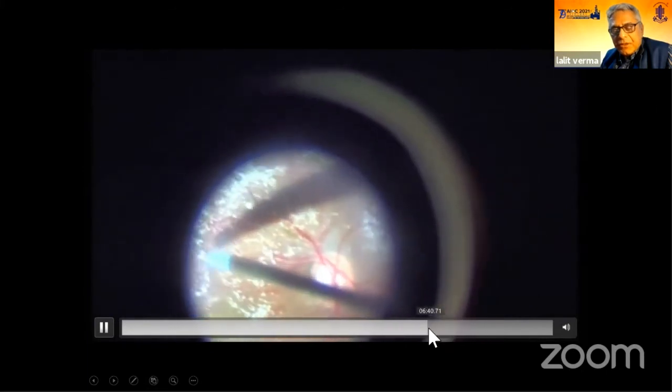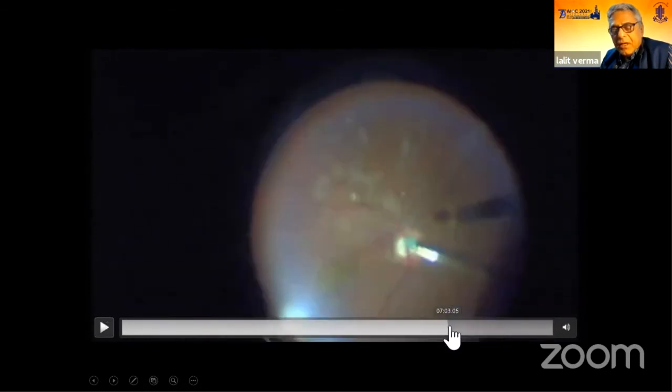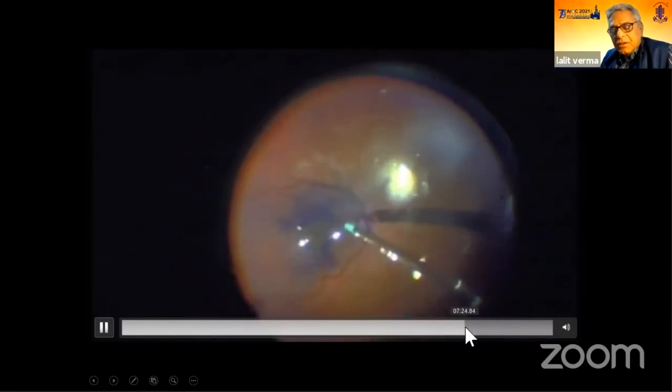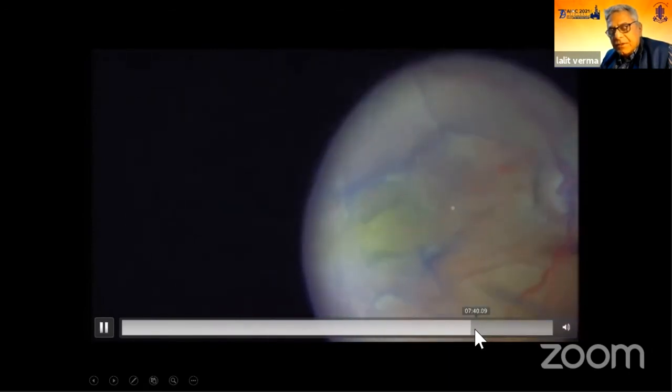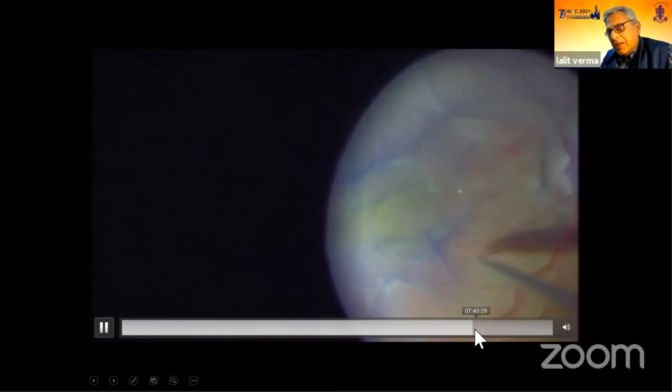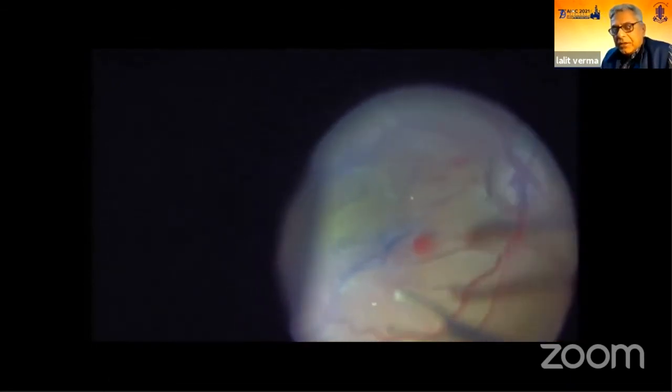This was another patient where we used this tricot to peel away the hyaloid, and then after this is done, air-fluid exchange, then Reti-Blue, then 25 gauge MVR blade. The difference here was that this membrane was very sticky, and I did not have the courage to pull. So what I did, I took the help of a cutter here.